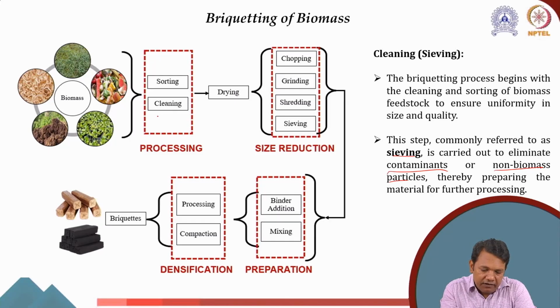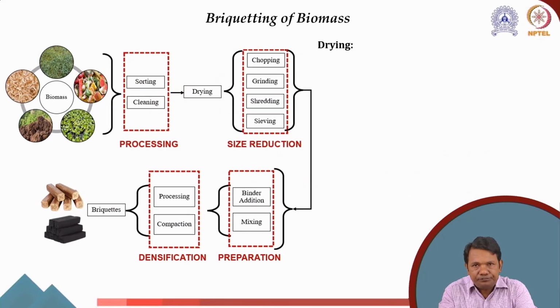Now if you see here, if we don't remove the dust or contaminants or non-biomass particles, what will happen? There will be more load on drying. There will be more load on size reduction, and eventually if it gets transferred to this final end product, the weight will be high while the energy density will be less, because it will have some dust and other materials. So it is very important that sorting and cleaning should be done after collection of the biomass.